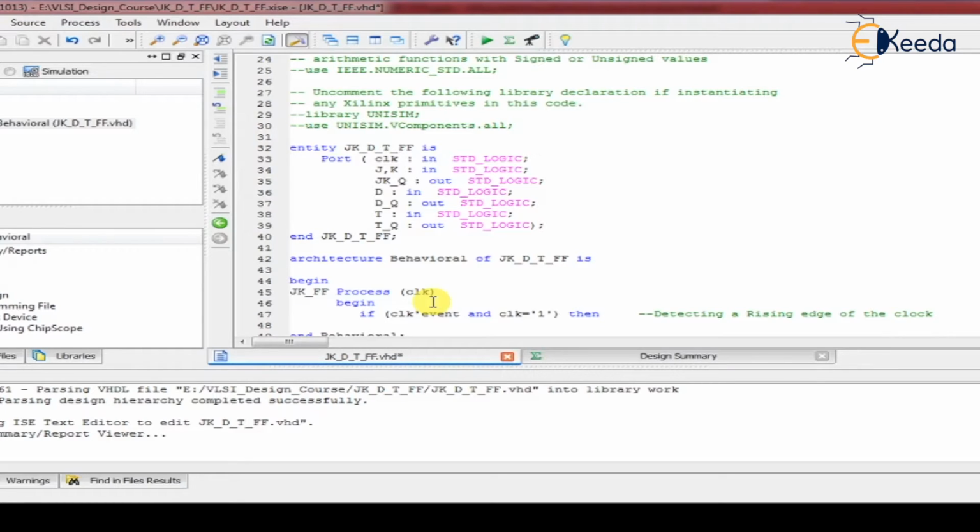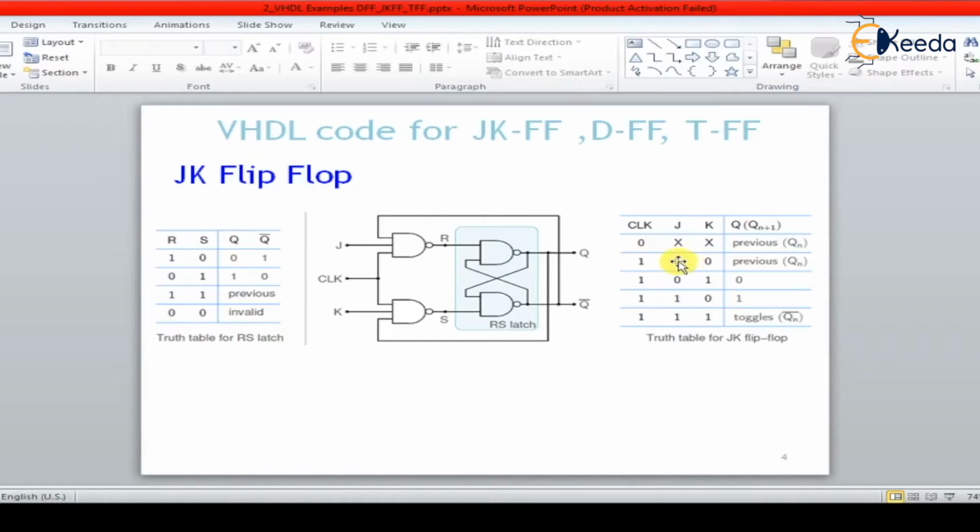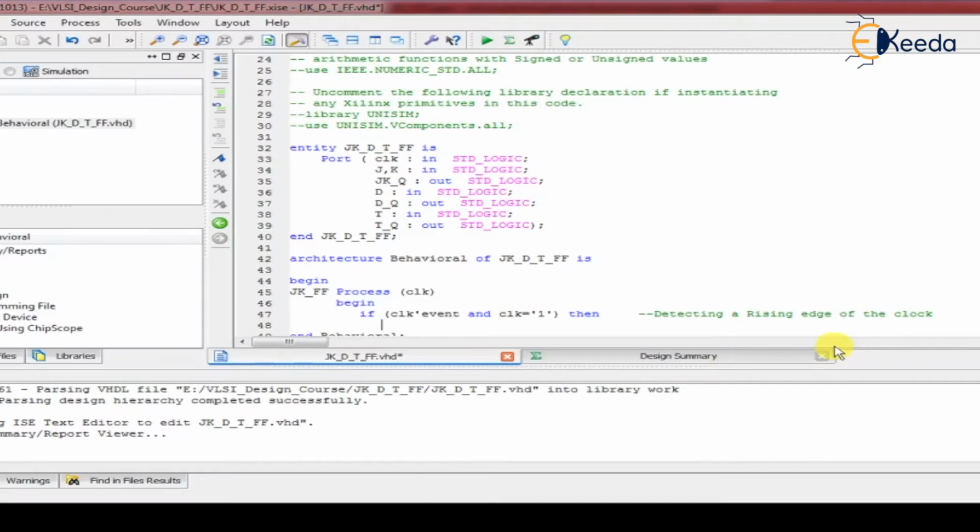Now that the rising edge is detected, further we have to add the conditions of the J and K truth table. What are the conditions? If J is equal to 0 and K is equal to 0, it has to maintain the previous value of output Q. Here we have taken output Q as JKQ. So let's write it: if J is equal to 0 and K also equal to 0, then it is a conditional statement.